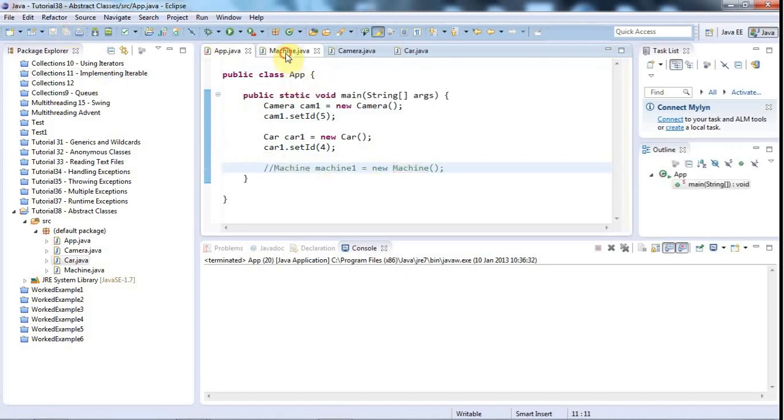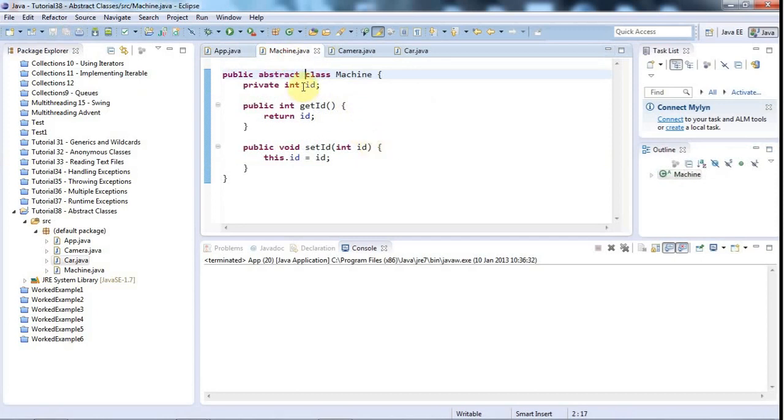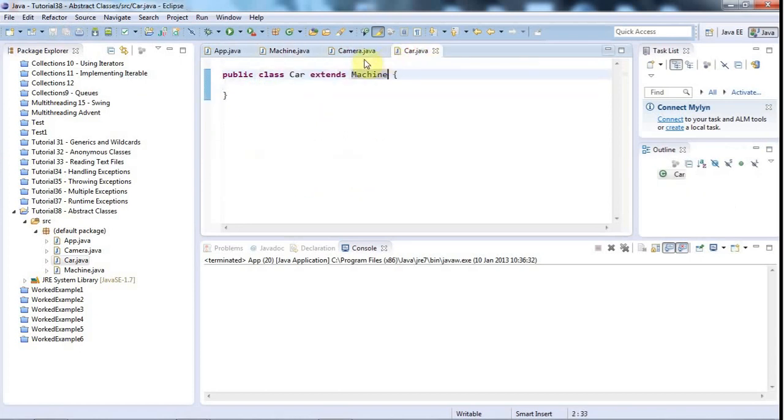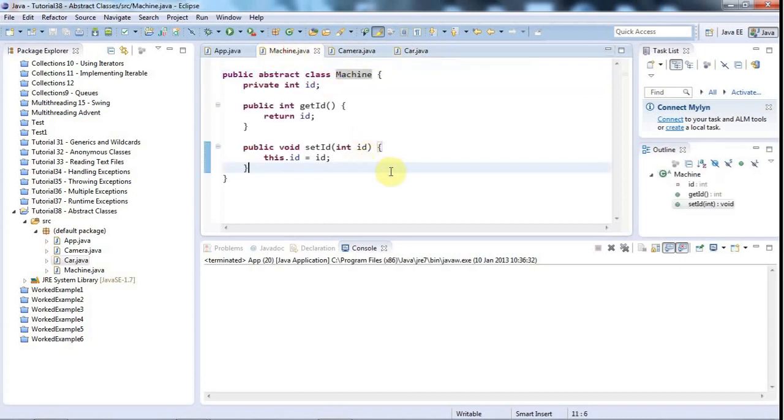Now this is an abstract class, and abstract classes can have abstract methods, because let's say I now want to force all machines to have a method called start, because I might think, well, every machine that I'm going to have in my program has got to have a start method to start it up somehow, whether it's a car or a camera or whatever it is. And cameras these days are usually digital and you have to start them up. So to do that I could have an abstract method, and this will be appropriate if I want to force all my child classes to implement it,